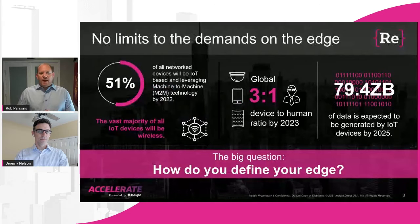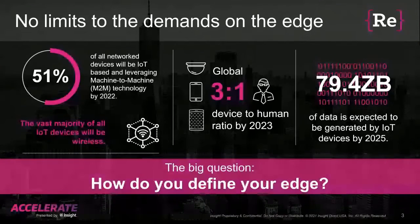So with that, I want to start us off, and I think the slide really says it all, that there's really no limits to the demands on the edge. And we've been talking about what the edge is experiencing as far as exponential growth for a number of years. We're talking about now that those IoT devices that exist on the edge are more in a machine-to-machine type of